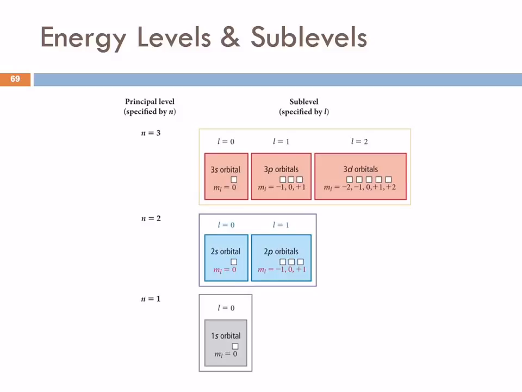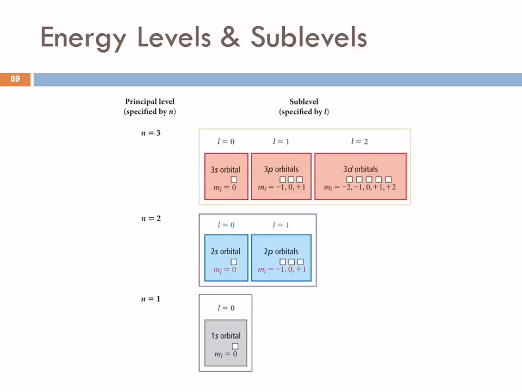Now, all of this is really, really hard to visualize because we can't even draw really great pictures of it. So I was trying to come up with an analogy to help students understand these levels and divisions. And the best thing I could come up with is a hotel. So I call this the Electron Hotel. And this is in Mrs. K's chemistry land. So this is the first floor of the hotel, and this is the second floor and the